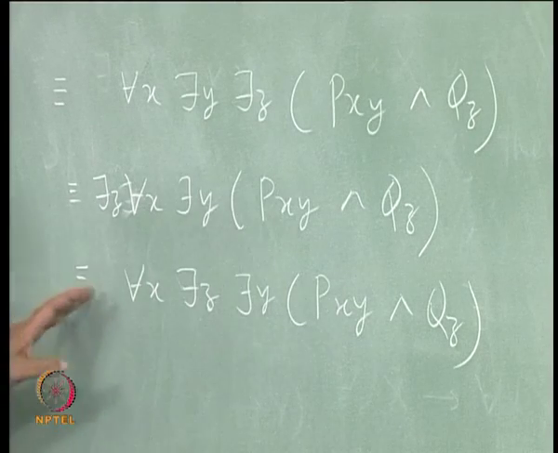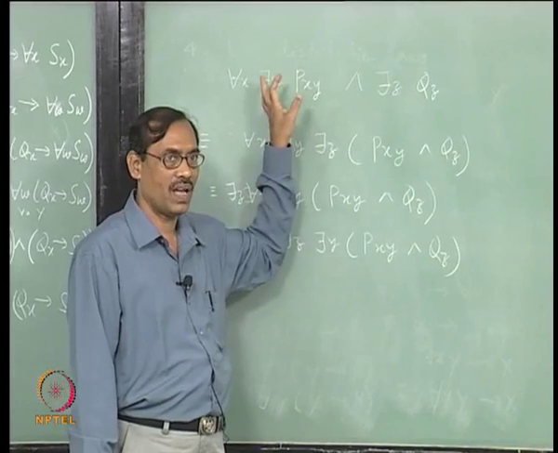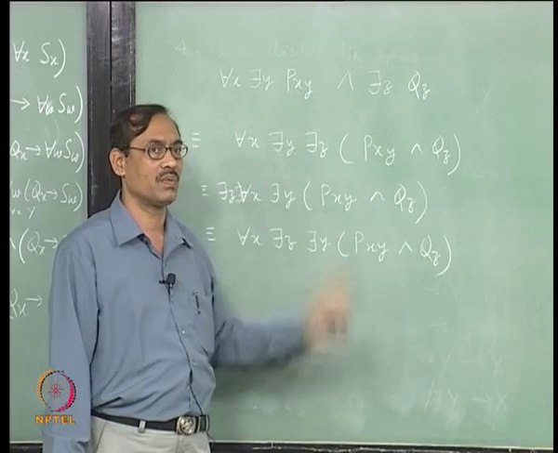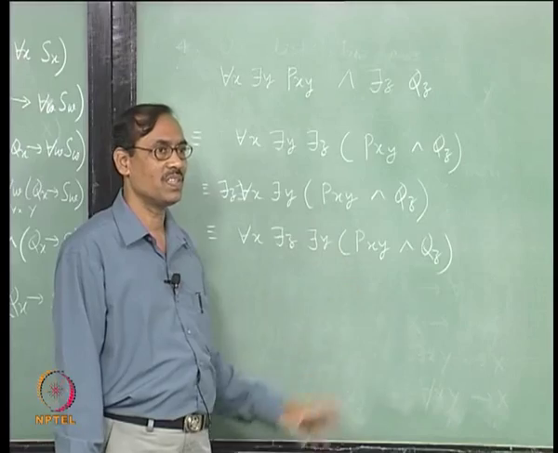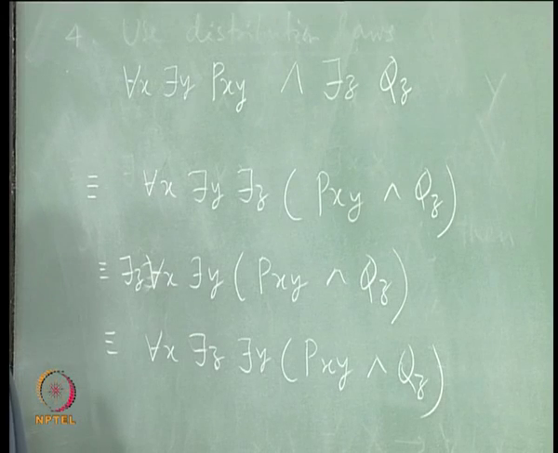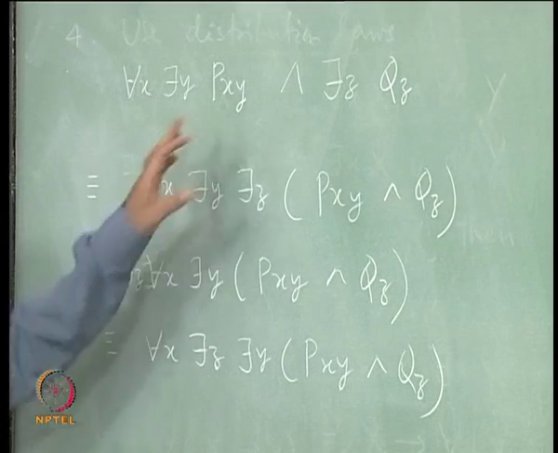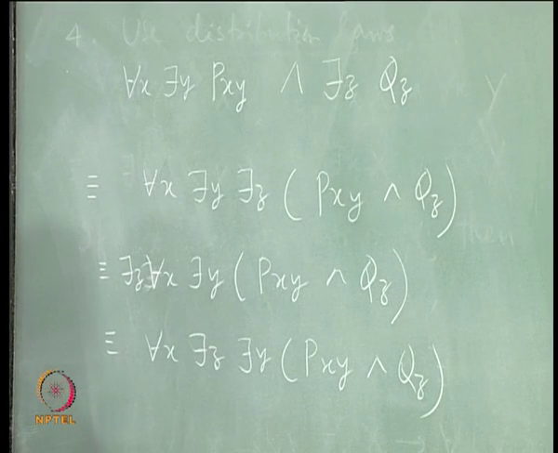And the reason this is happening is because there is no predicate in the whole sentence or whole formula which is having both x and z together. There is no one which is having both y and z together. So, in a sense they are independent, there is no dependence between the variable z and the variables x and y, fine, but there is a dependence between x and y. In order that the sentence is true, there is a dependence.